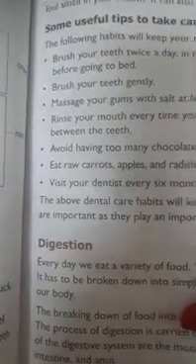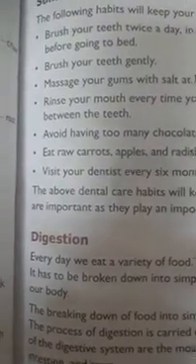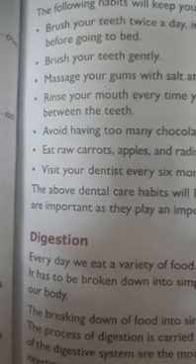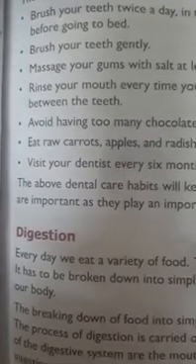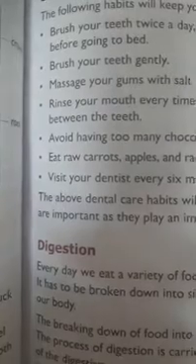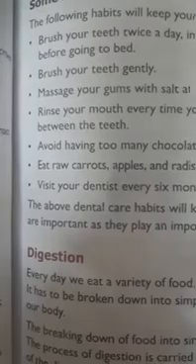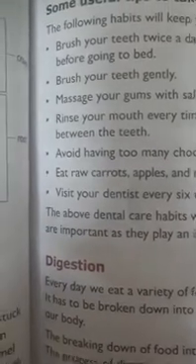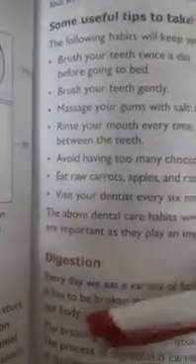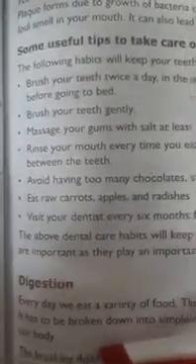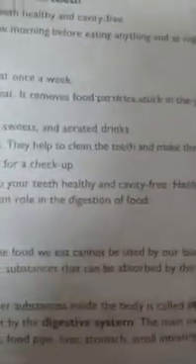What is digestion? The breakdown of food into simpler substances is called digestion. Every day the food we eat cannot be used by our body as it is. Directly it can't be used. It needs some process to break down into simpler substances, and then it is absorbed by the blood in our body. So this process is called digestion. The process of digestion is carried out by the digestive system. So how the digestion process takes place, we will see.